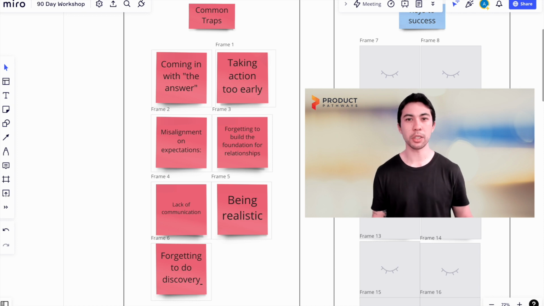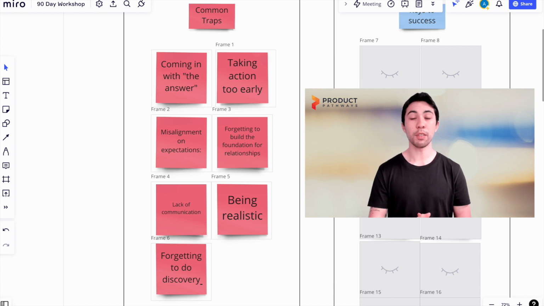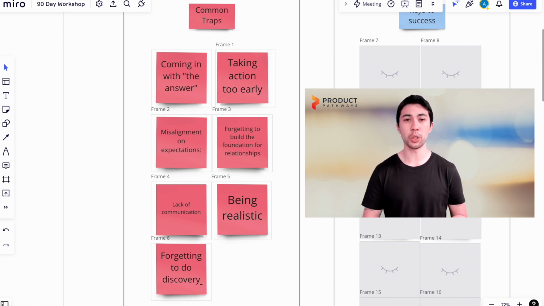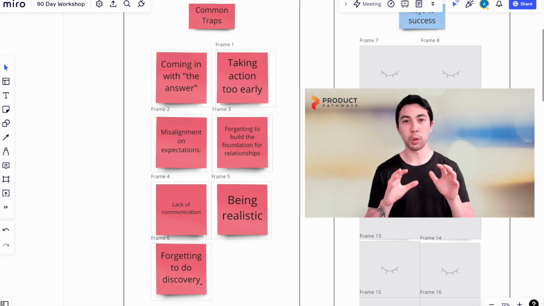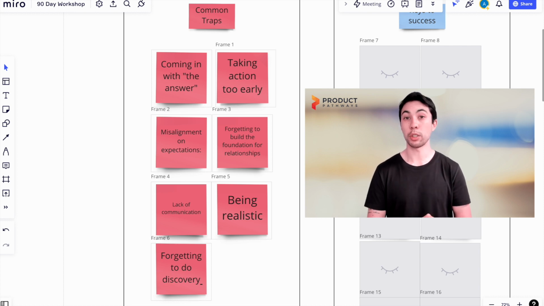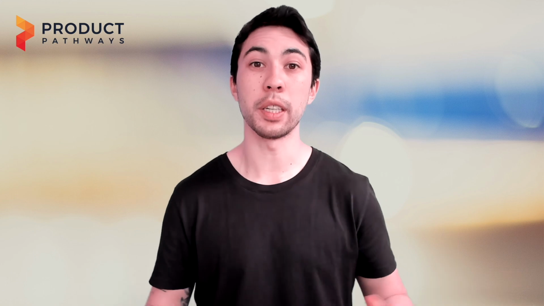Remember to set the right expectations. Have regular communication so we are communicating around our expectations. Focus on building the foundation for relationships. Don't neglect that part. Remember to be realistic. Don't say yes to everything. Be willing to say no. Set yourself up for success for the long term, not just in the short term. And don't forget to do discovery. Spend those 2 to 4 weeks. Again, I keep saying it, but spend that time on focused learning. We'll get into how to structure that in a little bit. But remember that you are learning all about the product, all about the cultural aspects, the organization, and those political aspects as well.